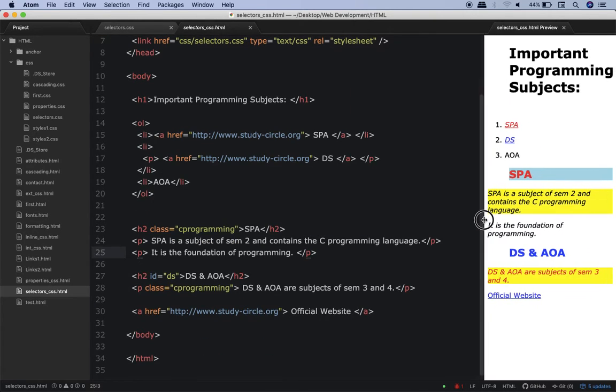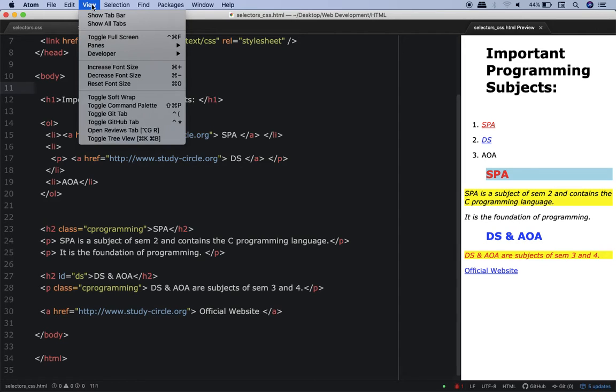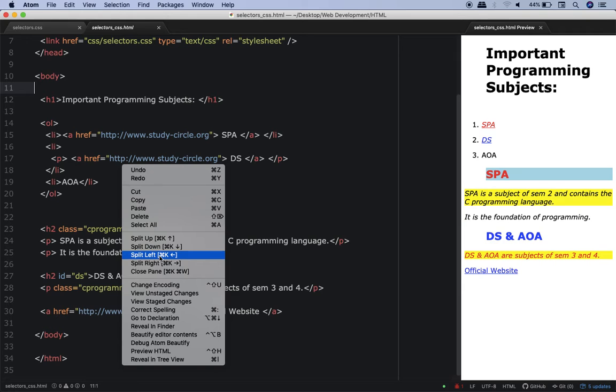But now in my discussion, I need to show you this program and this program simultaneously. So for that, I will just hide this, and you can do this as well. I'll right click on this and say split left.